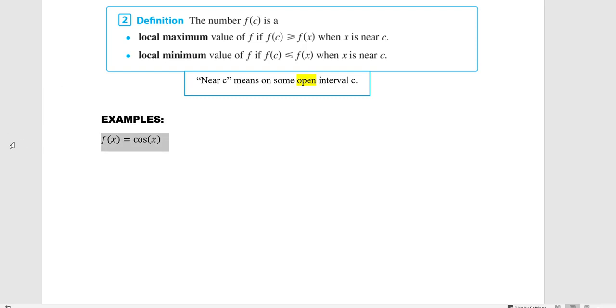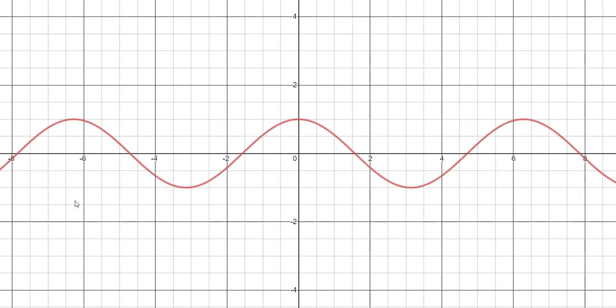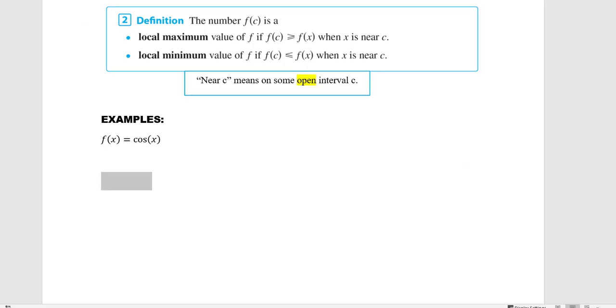First, f of x equals cosine of x. When I look at a picture of cosine of x, this is a local maximum. There's a local maximum. This is a local minimum. This is a local maximum. The next example,